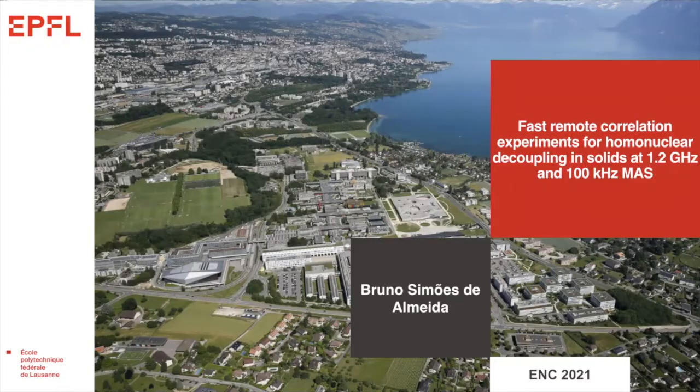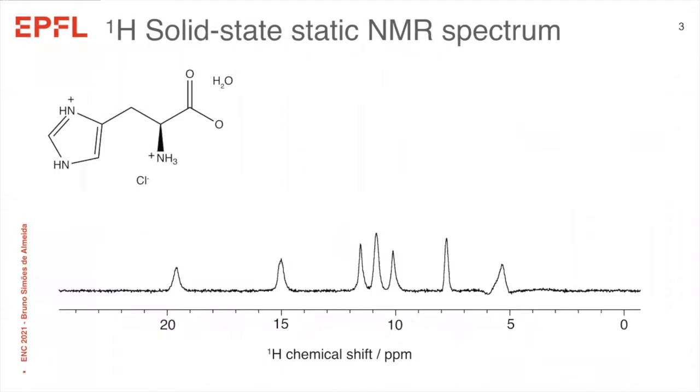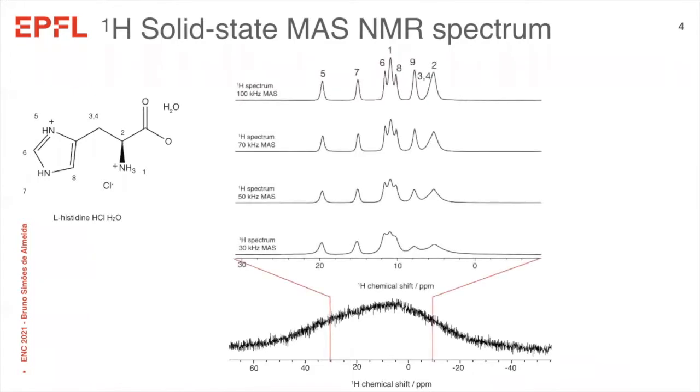Today in solid-state NMR, I'm going to share with you the story of how we went from the static spectrum of histidine, which is just a block covering the whole spectral width, to this mysterious spectrum which shows some distinguishable peaks. Magic angle spinning is not enough to obtain it, but magic angle spinning alone already improves the resolution a lot